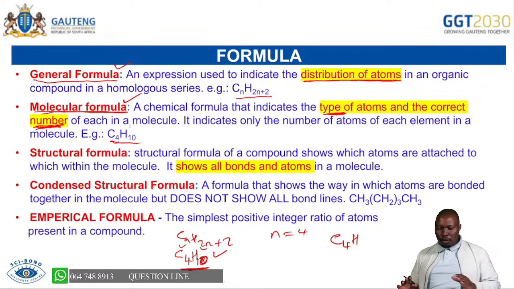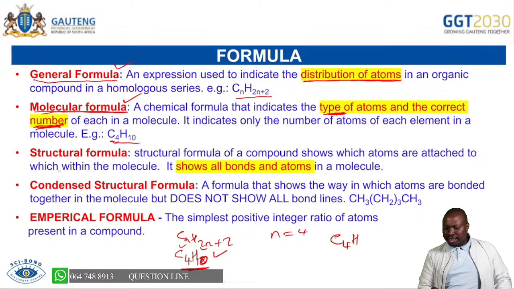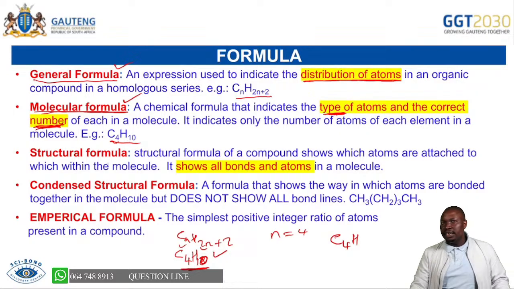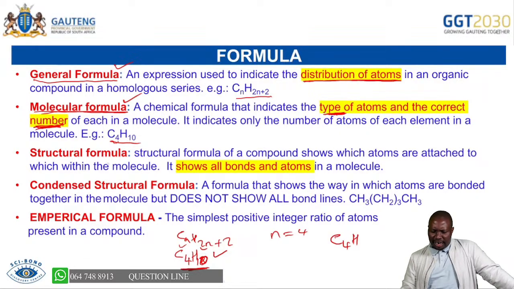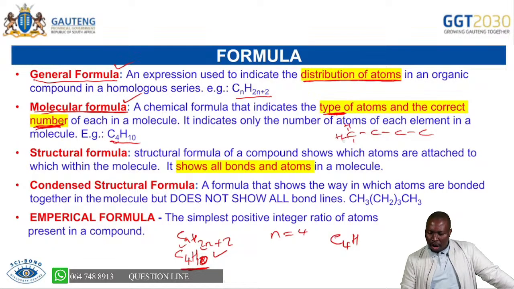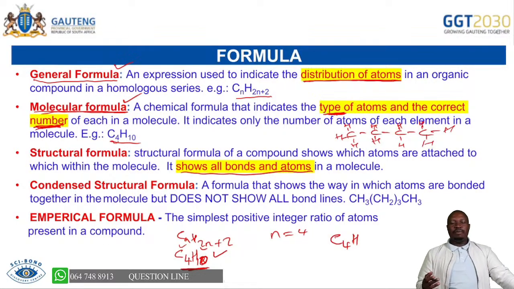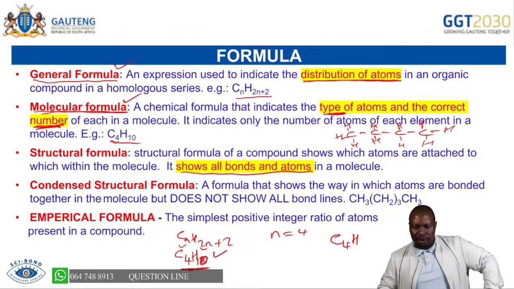And when we move from this one, we are moving to the structural formula. Immediately, if we move to a structural formula, you will be able to see that it will be 4 carbons, and the difference is that now we're showing all the bonds around the carbons. So the structural formula shows all bonds and atoms, everything. Every bond there is shown here. You don't hide any bond. You no longer write it as a molecular formula, you write the structural formula.